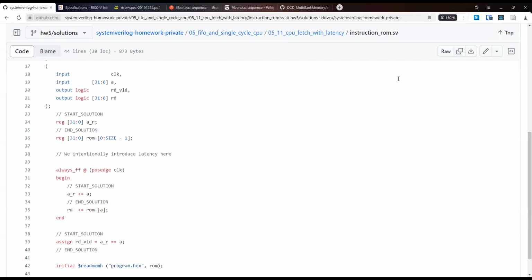So we can have address valid, data valid, or we can just assume that the CPU keeps the address for 2 clock cycles. Yeah, there are two options. So we can think about different options, because eventually